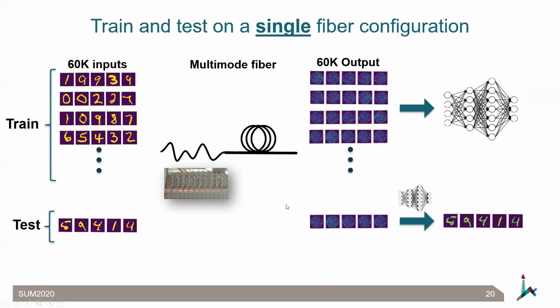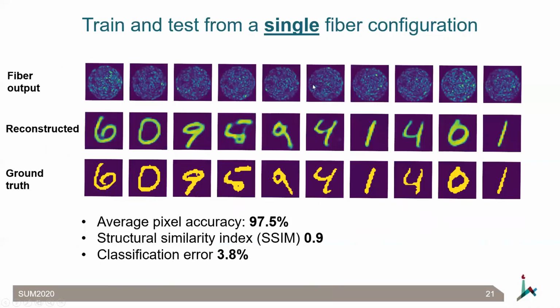And then to test the network, we send a new set of objects, a new set of images that were not used, of course, in the training session, and from the speckle patterns we measure for this new set, we try to reconstruct the digits at the output. So far, everything is done for a single fiber configuration. Nothing moves yet. And when we do it like this, we essentially get results similar to the 2018 papers, where for the single configuration, we are able to reconstruct our object quite well. You can visually see a nice matching between the reconstructed digits and the ground truth,